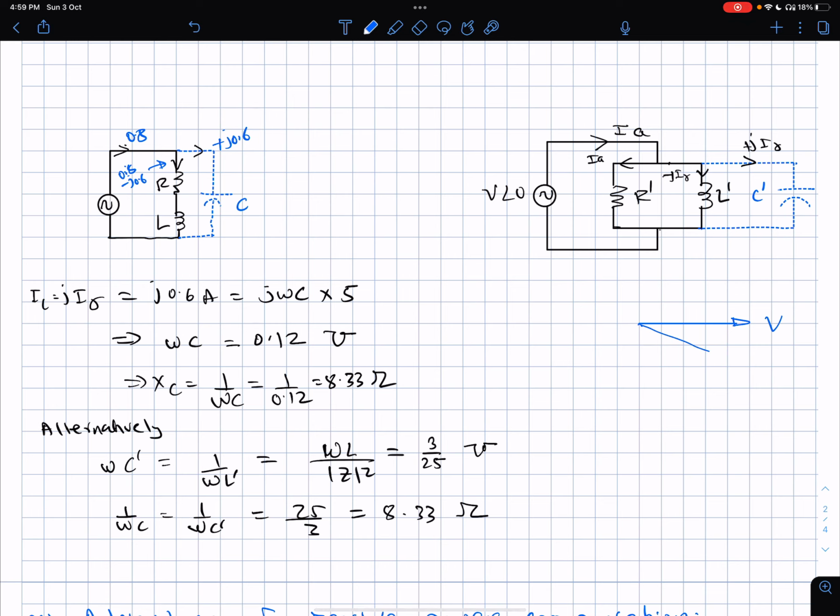So if this is IA, this is I, and this is IA, and this is the lagging current component, this is the load current component, so let me write it as load. Now what we are trying to do is, we are trying to pick this here,